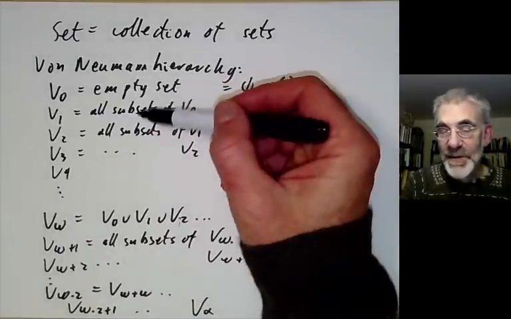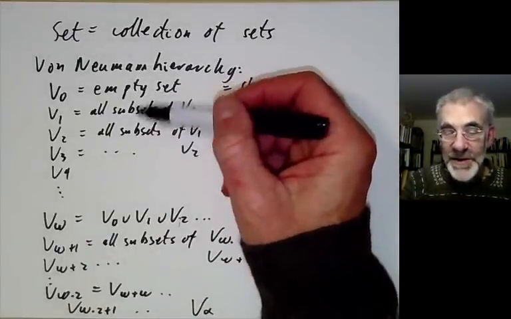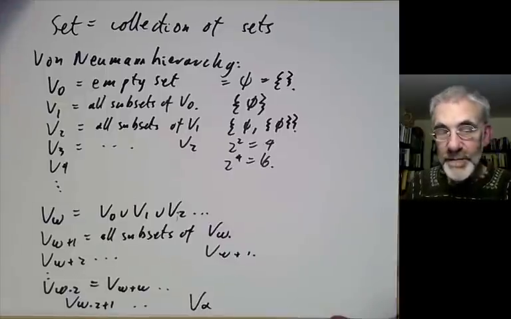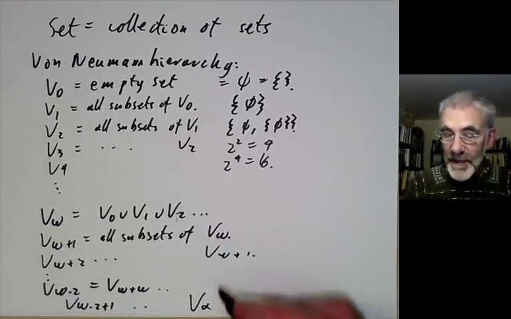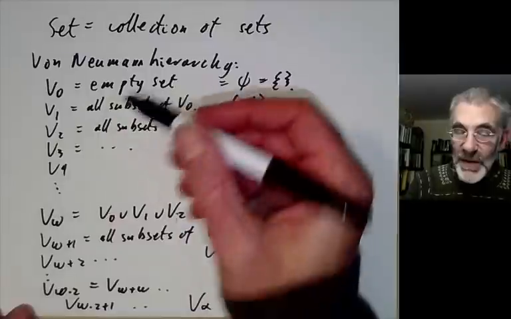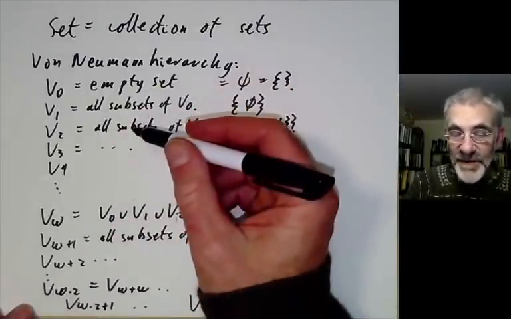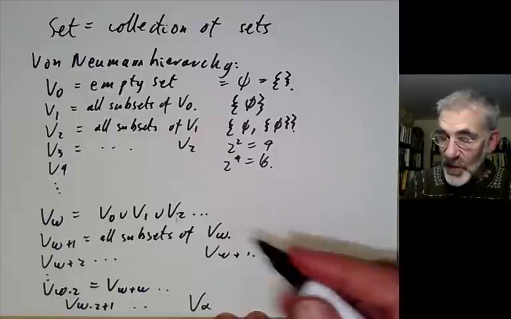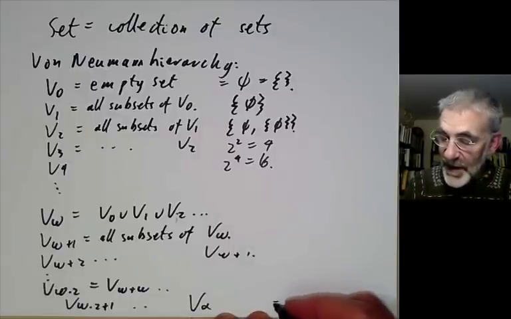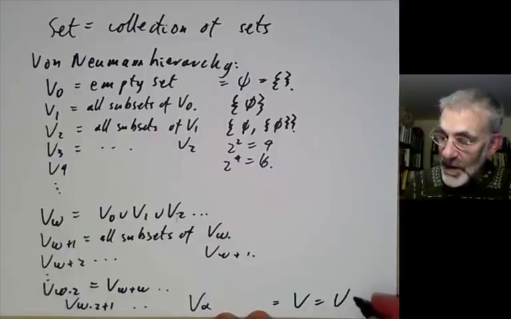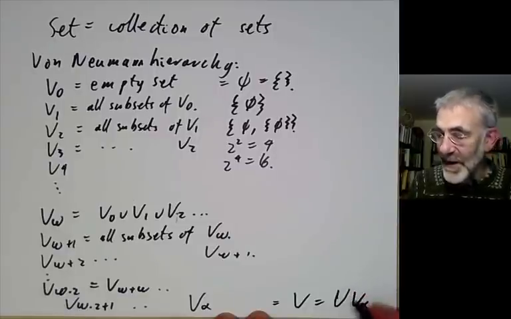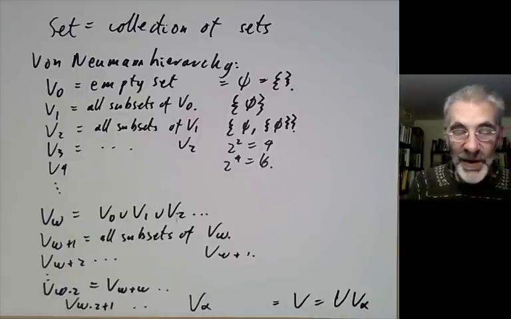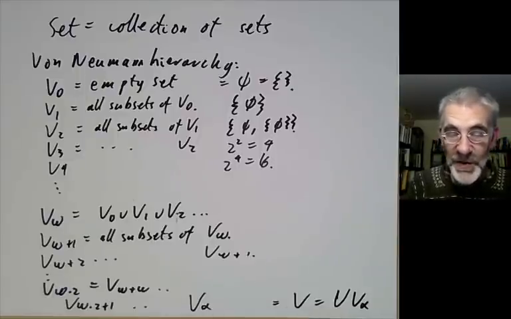We alternate doing power set operations a countable number of times, then collecting together everything we've done before. You can make sense of this in the language of first order logic, and you find that you can prove as a theorem that all sets are given by V, which is the union over all alpha of V alpha, although making sense of this takes a little bit of work. So this is called the von Neumann hierarchy, or the von Neumann way of picturing the universe.